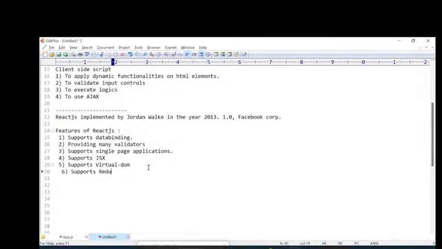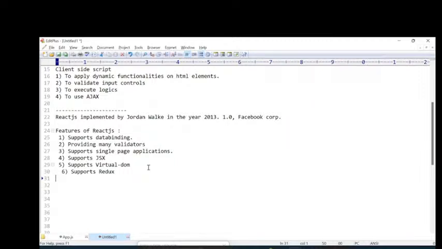Yes, Redux. We are using Redux to maintain the state of the application. For example, you want to access one page's information from another page. For that, we use different techniques like cookies, sessions, local storage, session storage. Different types of techniques are available. In the same way, we can also use the Redux concept to access the data of one page from another page in the web